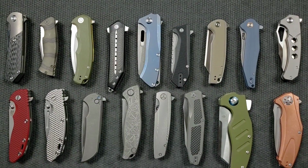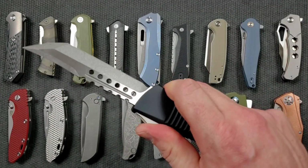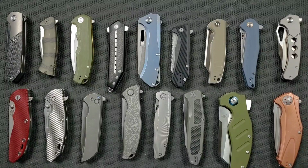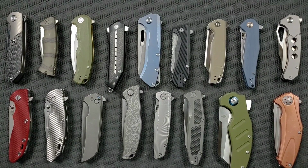And for whatever we associate that sudden and rapid deployment of a blade with, some people shy away from it and some people are drawn towards it. They're enthusiastic about it, but most of the time, 99% of the time, it is an emotional response, a physical and emotional response. I don't know exactly why,